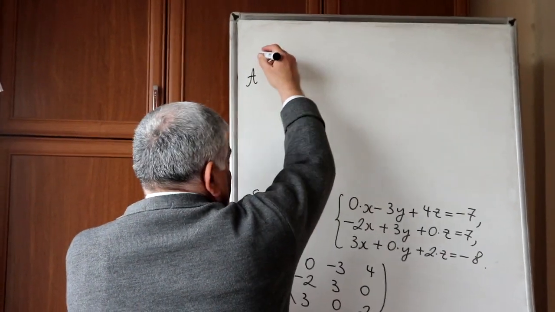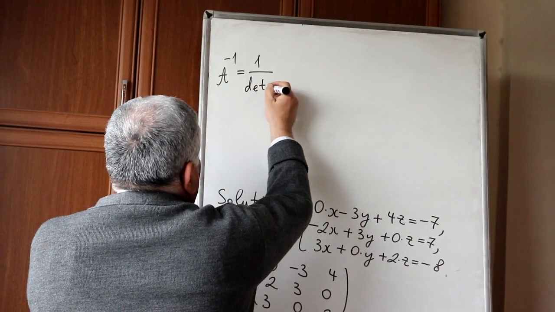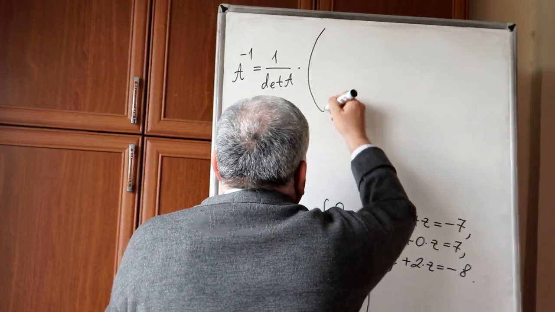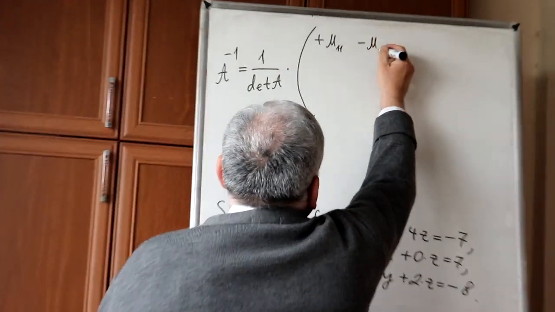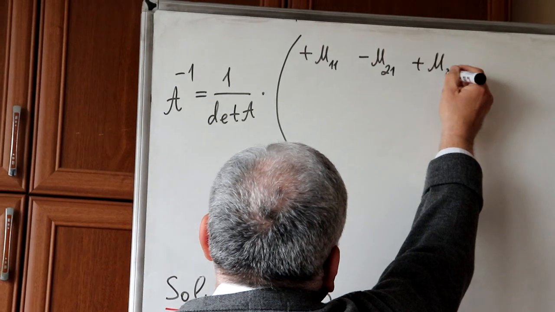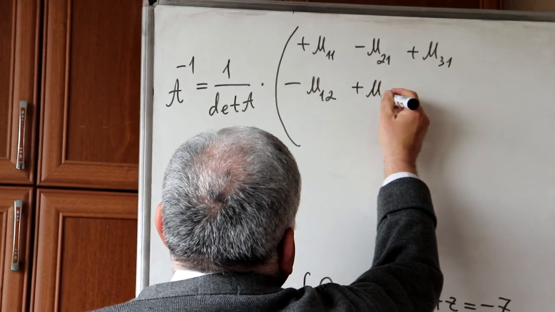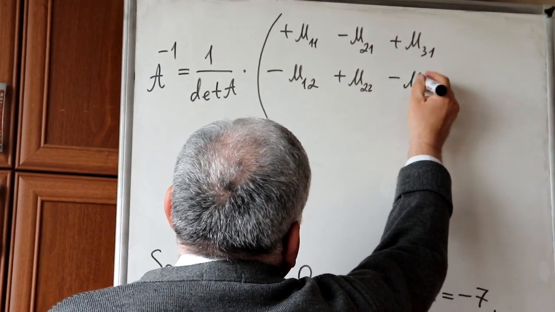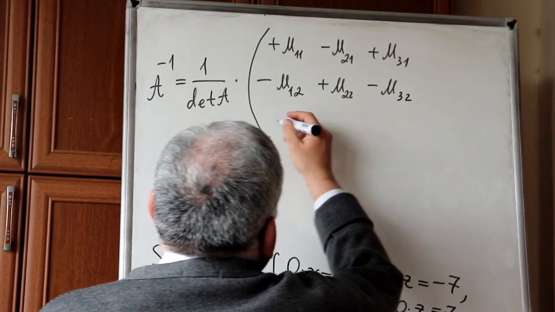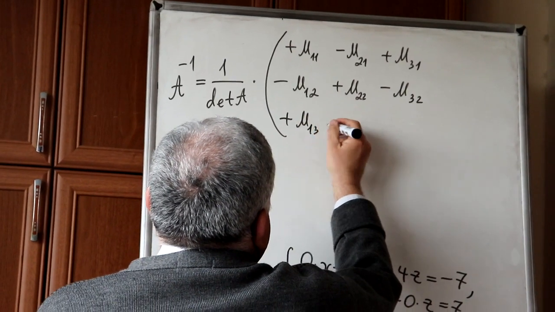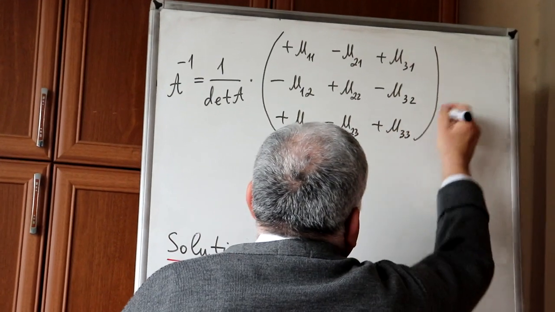A super minus 1 equals 1 over determinant of A multiplied by matrix plus M11. Already you know this formula, minus M21, plus M31, minus M12, plus M22, minus M32, plus M13, minus M23, plus M33, equals